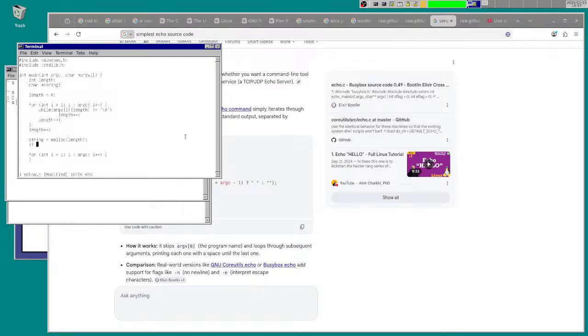If string is null, which is a special pointer, then there's just an error, and we return -1 as an error code. It's really bizarre. Return 0 means success. Anything other than 0 is an error code.